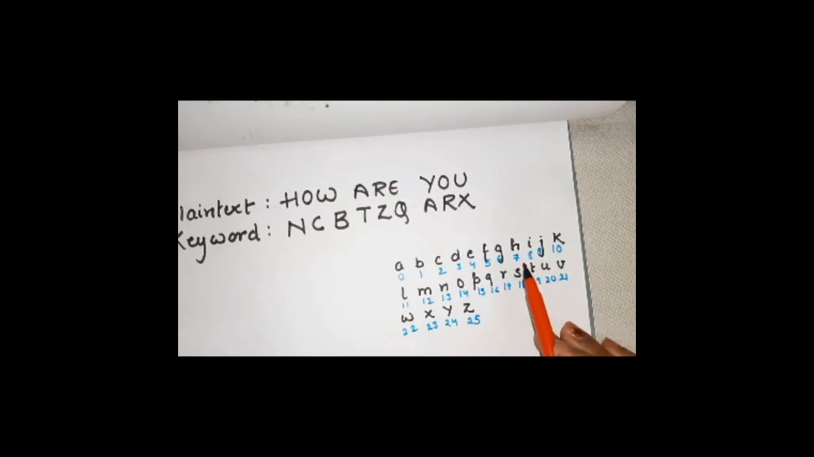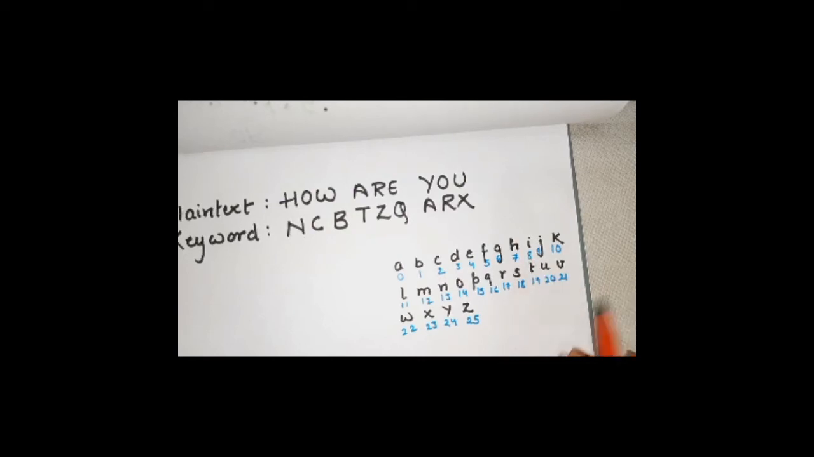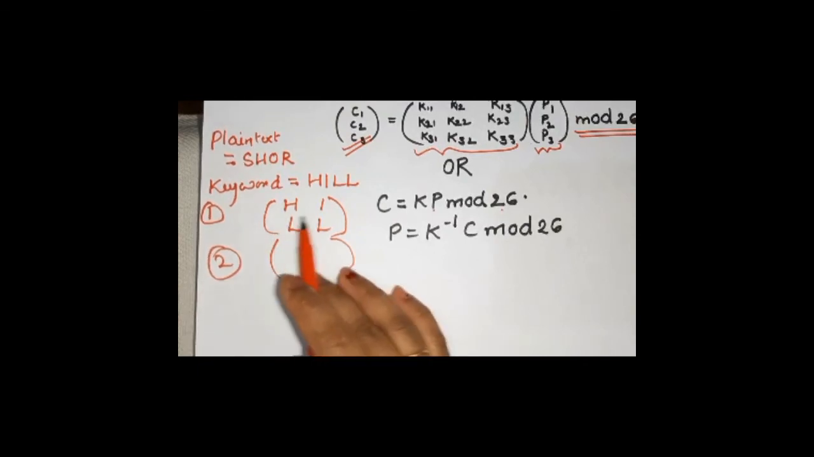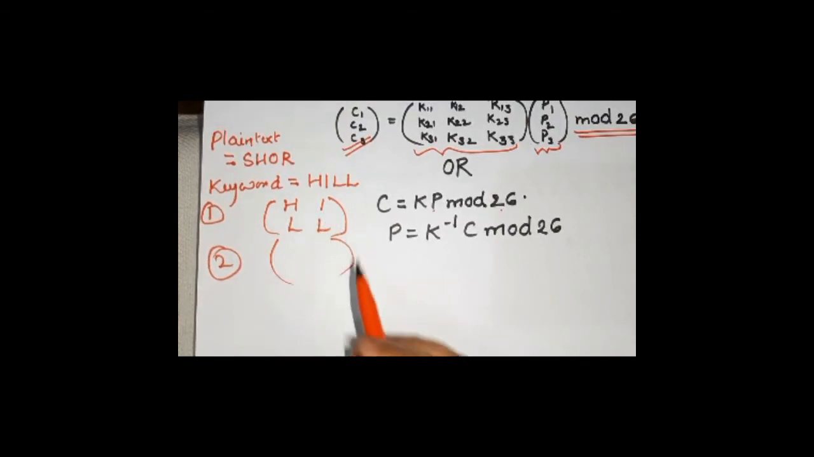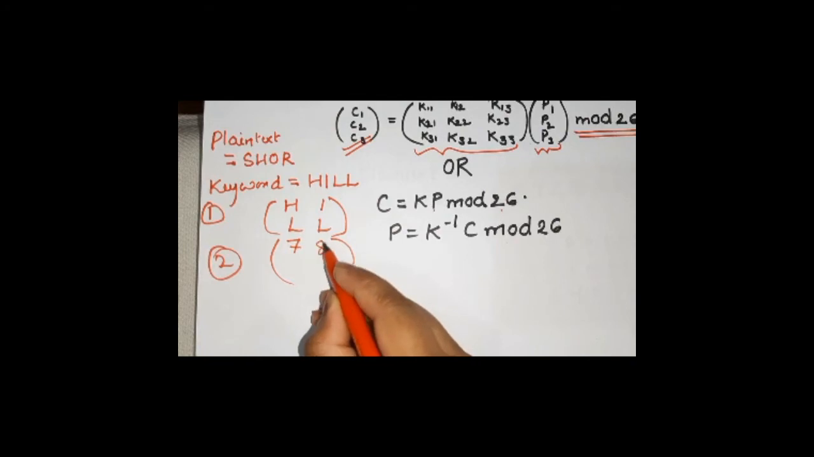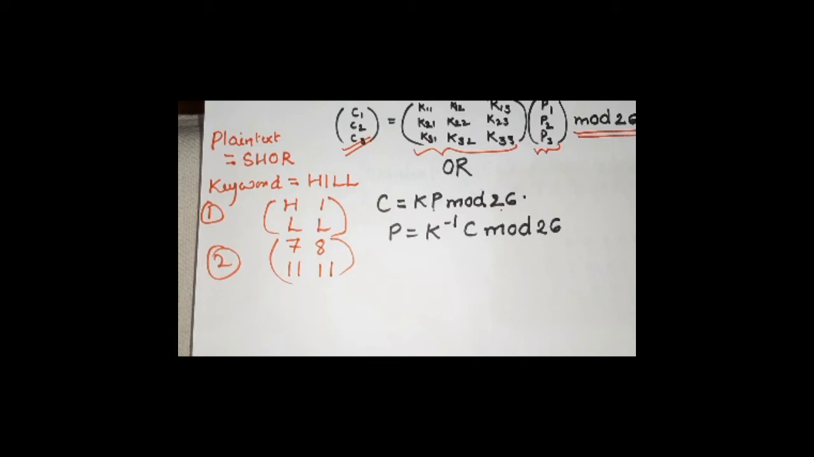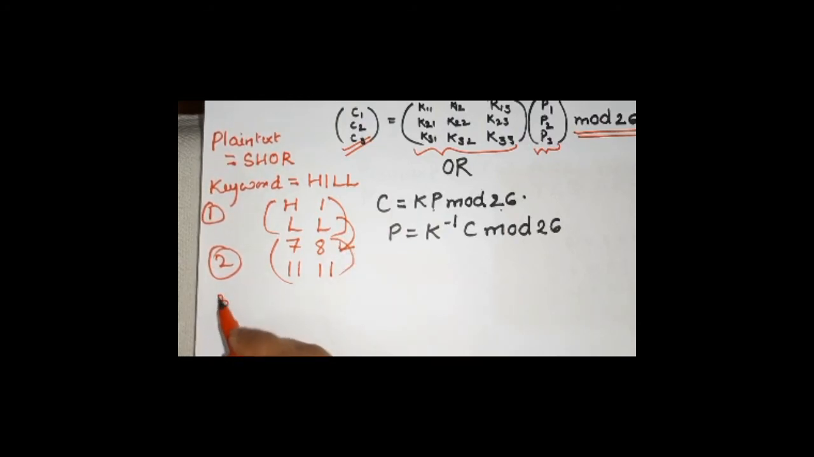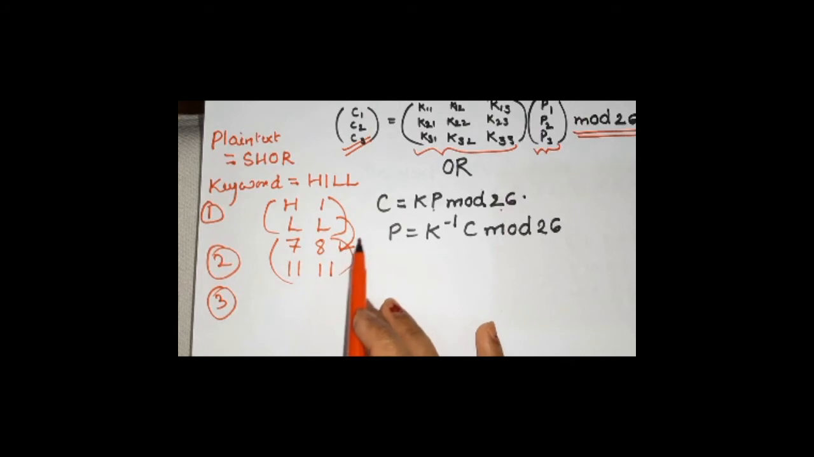So H has the number value 7, I has the number value 8, and L has the number value 11. So I'll be writing down this letter matrix into the number matrix. This is how I'll be writing this into number matrix. Okay. Now, after converting my keyword into matrix and then into number matrix, third step, remember, sometimes in exams you're